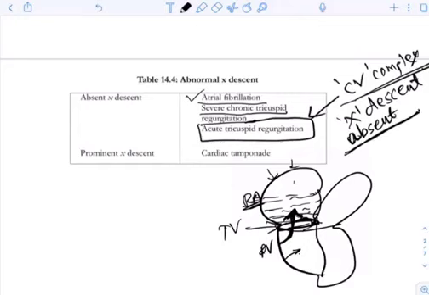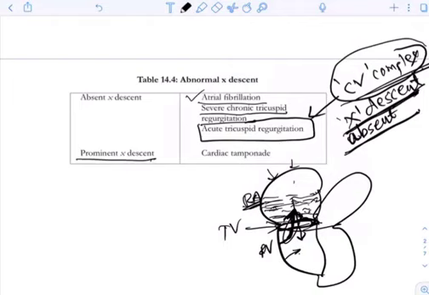So why is X descent absent? That is explained by this figure. X descent is due to atrial relaxation. What happens in atrial relaxation is that all the blood will go into the ventricle, and then the atria will start filling slowly. But what happens in tricuspid regurgitation is, as the atria start relaxing, again the regurgitant volume comes up through the atrium, and the atria will again fill up with blood. So X descent never occurs in tricuspid regurgitation, and there is a formation of a CV complex, and this is very classical in cases of tricuspid regurgitation.